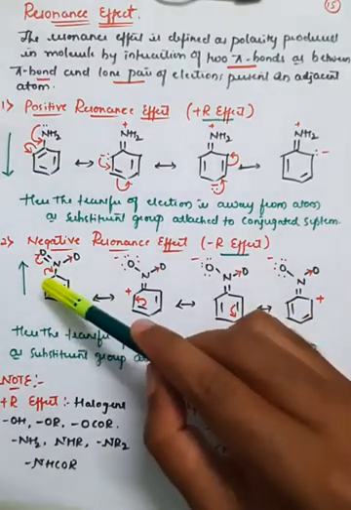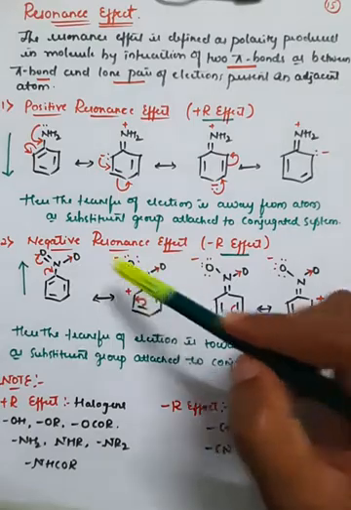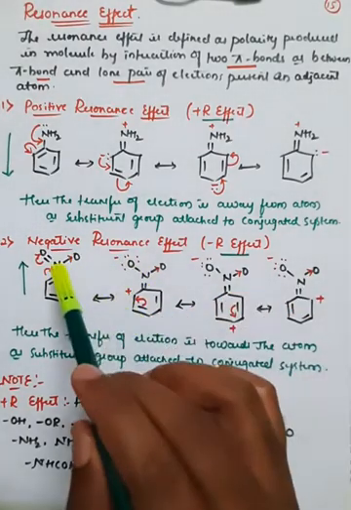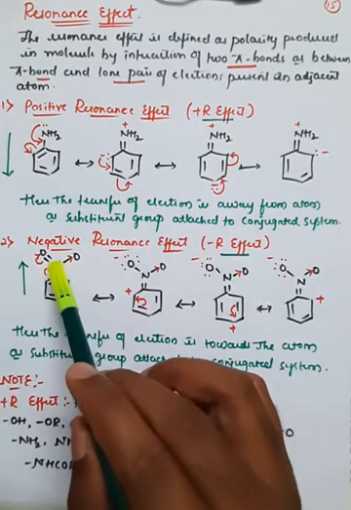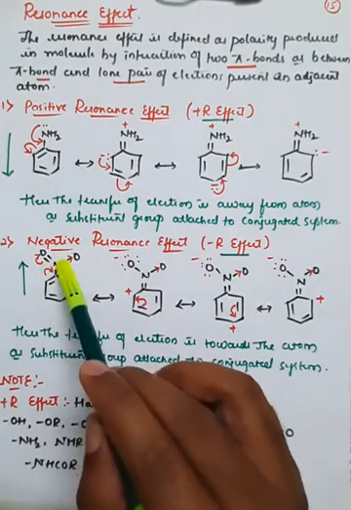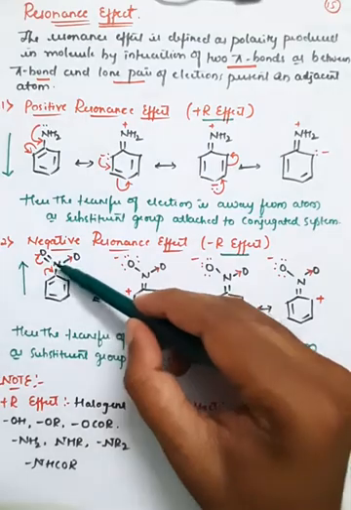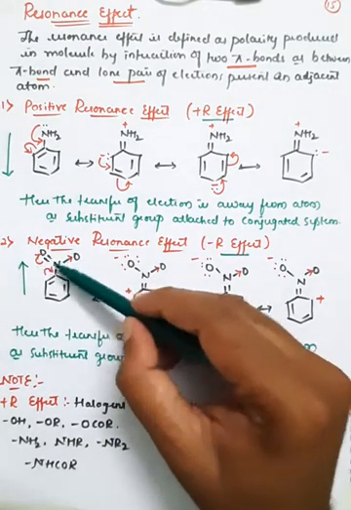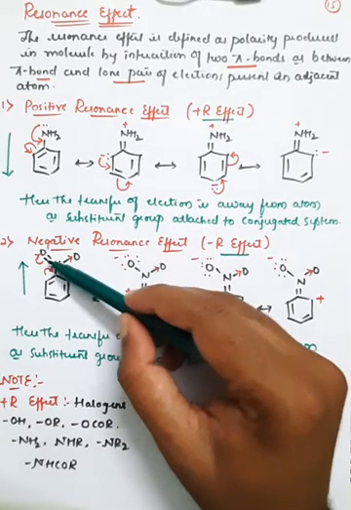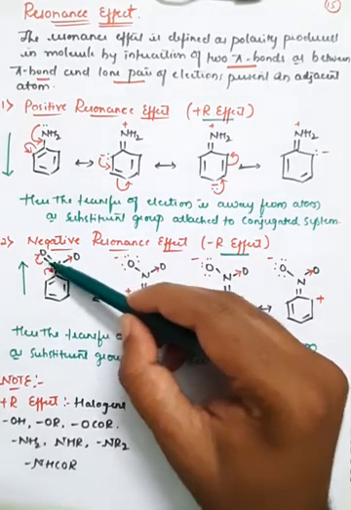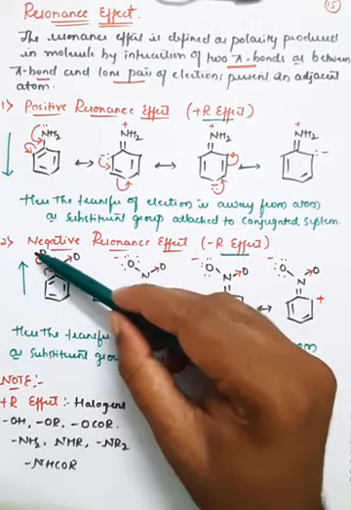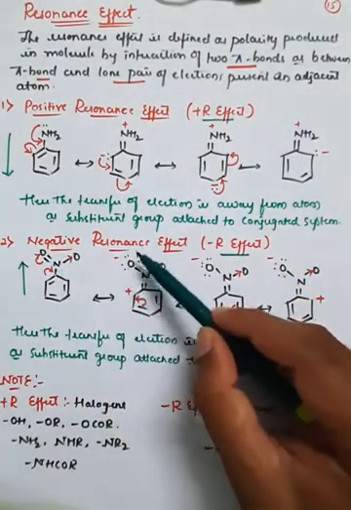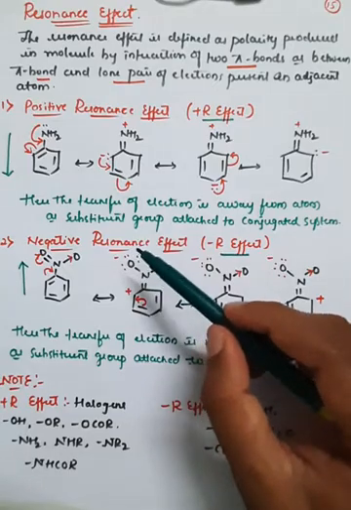So this double bond will donate electrons to this nitrogen. Therefore this nitrogen will get a double bond, and further, to stabilize this nitrogen atom, this nitrogen will shift this double bond onto oxygen. The electrons present between nitrogen and oxygen shift towards the oxygen atom. So therefore this oxygen acquires the extra electrons.